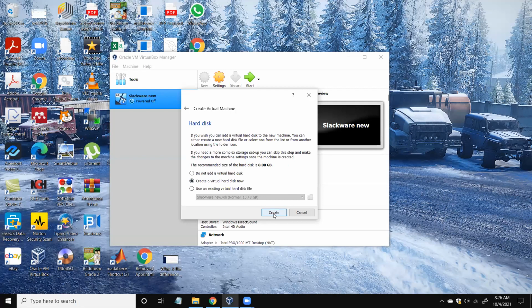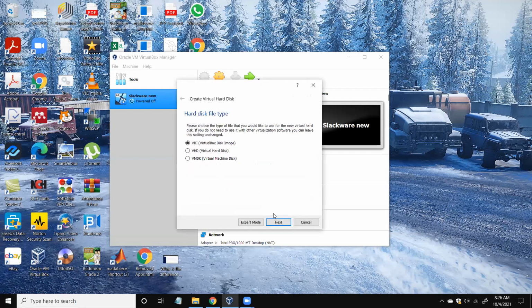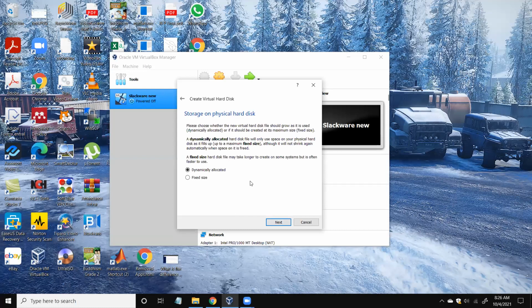So we will create a virtual hard disk. So VirtualBox disk image would be good because that is required, or else you can choose any other, but we will go with the VirtualBox virtual hard disk.